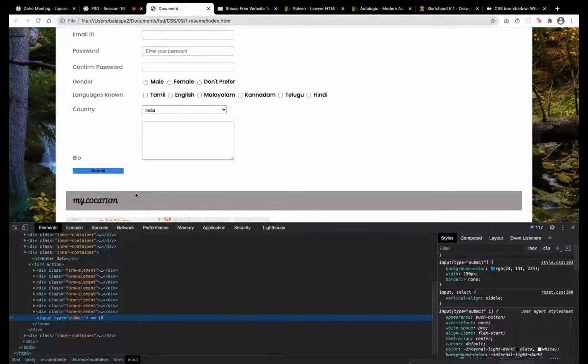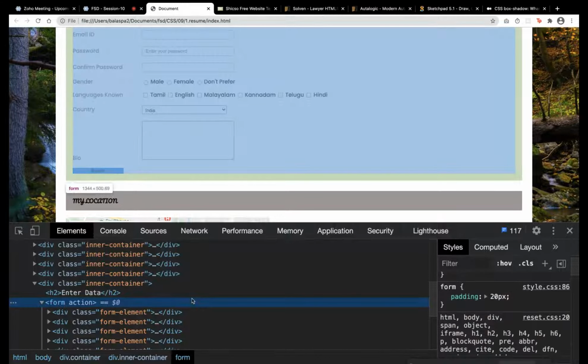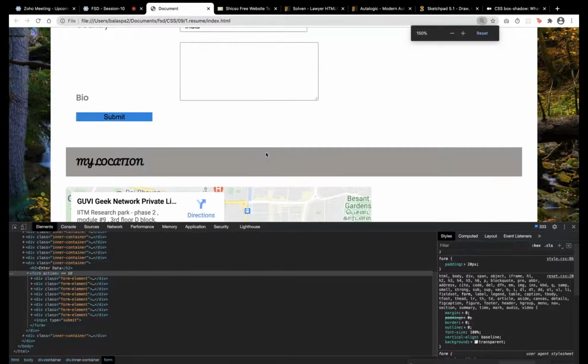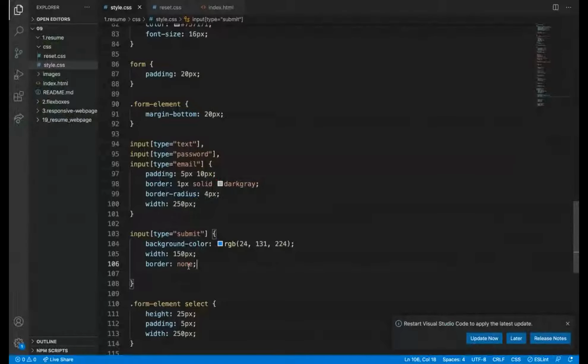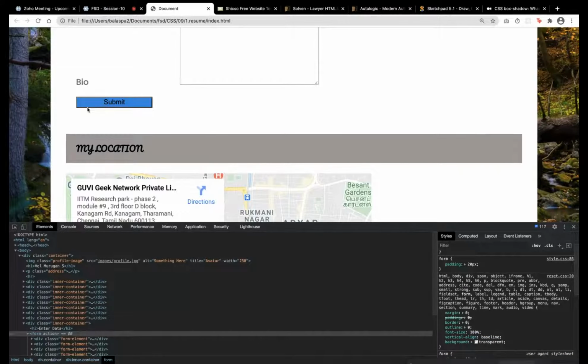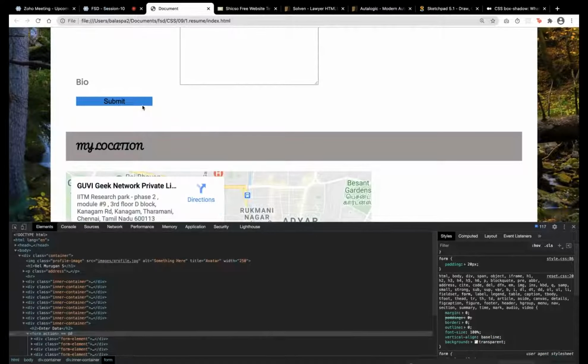Border went. You can see, previously there was a border here. If I give border none, the border will get removed.